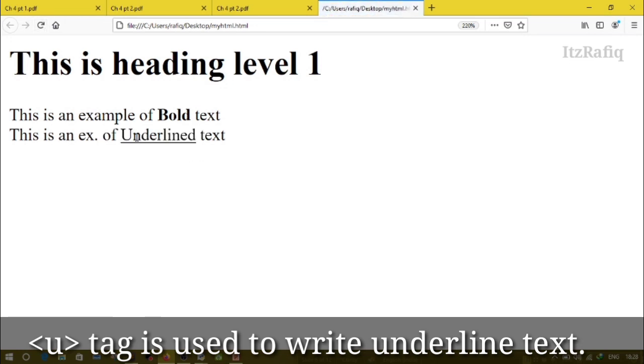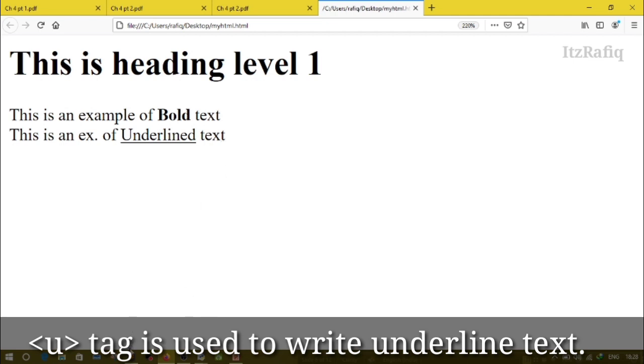Here you will see the underlined word is displayed with an underline because I have written the U tag around it. The underline tag helps to underline the text. It is a container tag. Whatever you write within the U tag will display in underline form.